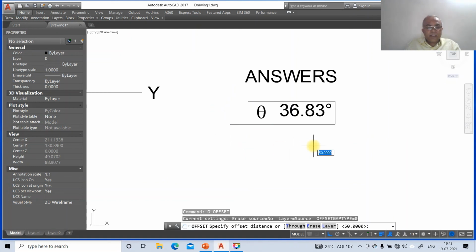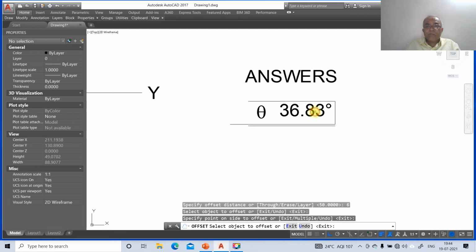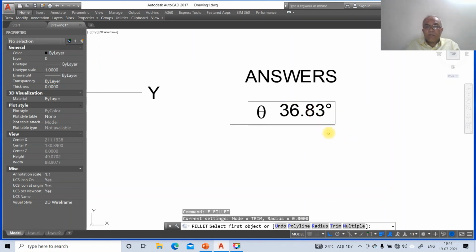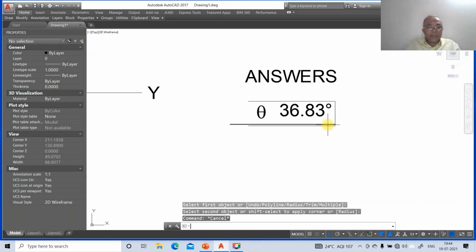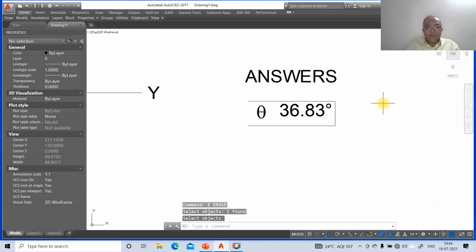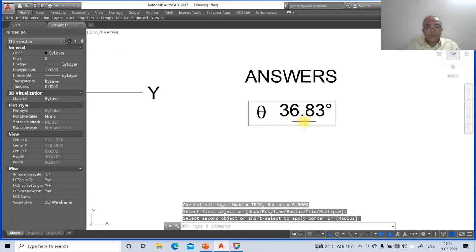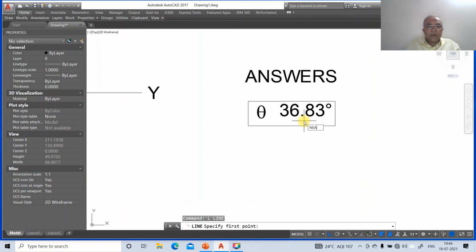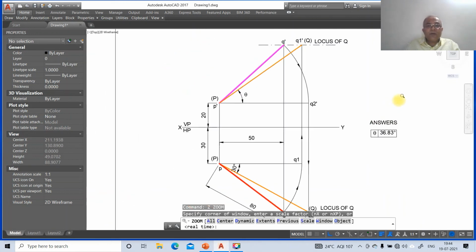And then go to offset, take the distance as 6, then go to fillet between this line and this line, and then go to erase this line, then go to line, take end point of this and take fillet between these two, then go to line, take nearest on this and take perpendicular to this line. So now this is how we will be able to solve this problem.